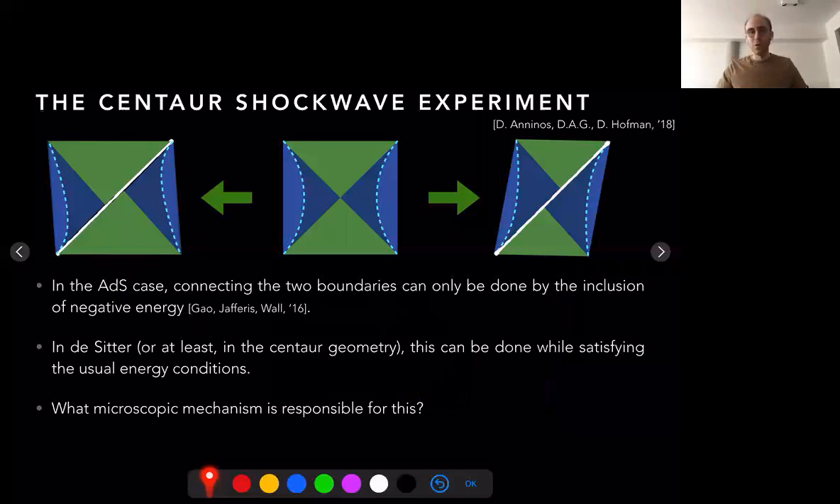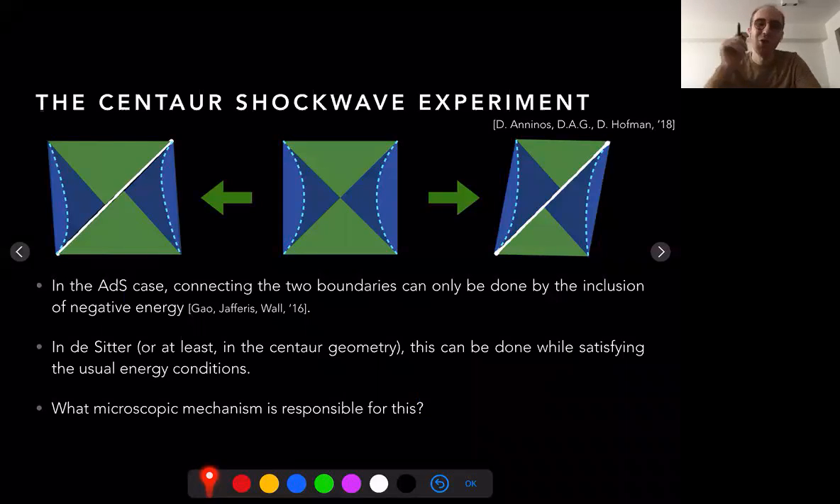All right, so it was a short experiment just to show the differences between the usual black hole horizon and our CENTAUR horizons. As I was saying before, in AdS, if you want to connect the two boundaries, you can only do it a la Gao-Wald, adding some negative energy in the bulk. In these CENTAUR geometries, you can connect the two boundaries while satisfying the usual